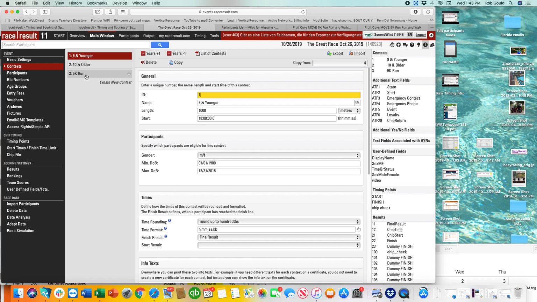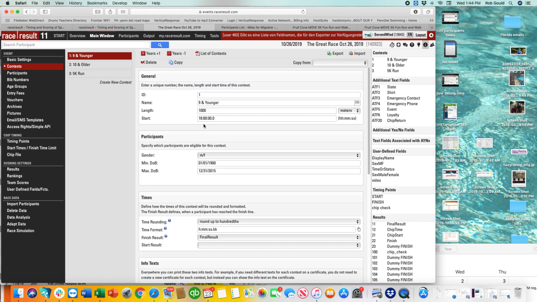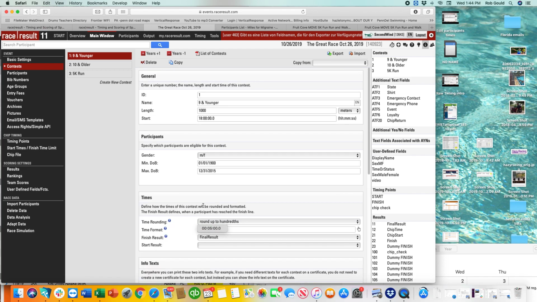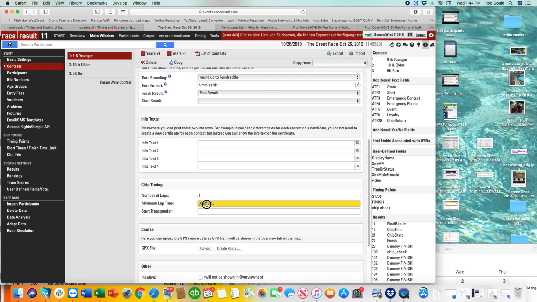Check that the correct number of contests are here. If this event was done, it was not. So you need to change this number here to 11. Oh, and no, this is a short race. So let's change this number to 5. This is like a mile race. 1,000 meters. I'm even going to make it smaller. 3. So anything for the first 3 minutes will be starts. Anything after 3 minutes will be finishes. This is where that is saved here